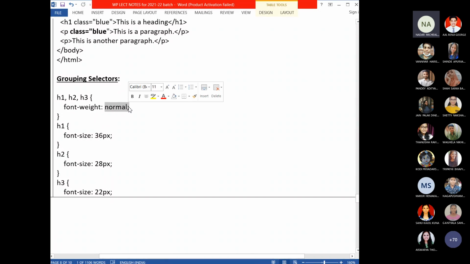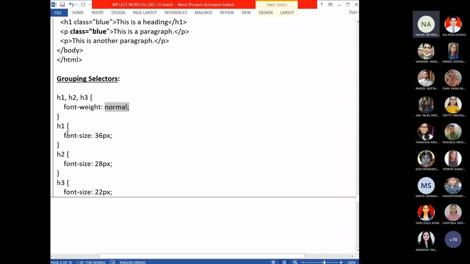We will see what this font weight and all is. We did not study all the properties yet. So font weight should not be bold, should not be italic. It should be normal, in H1, H2, H3.